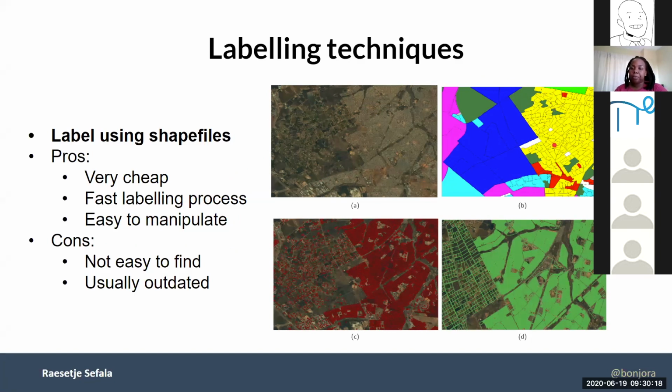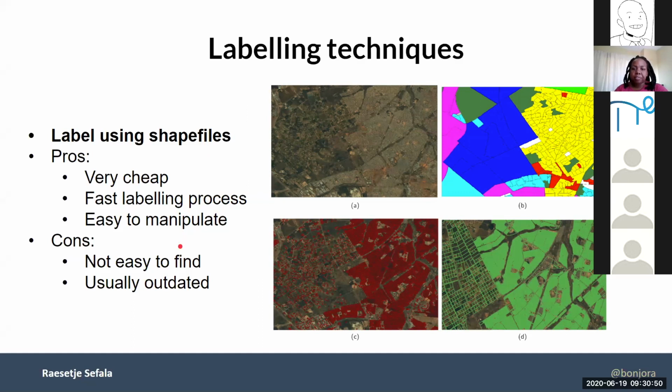And if I'm looking for this kind of data set, which covers the entire country in 2020, it might be very difficult and expensive to create, because I'd have to do it from scratch. This was done by Statistics South Africa as part of the 2011 census. So getting a more updated version is not easy to find. Otherwise, it's expensive to create. So usually they are outdated and you are looking at